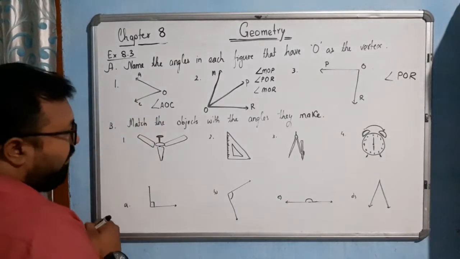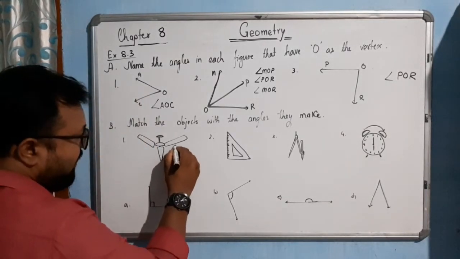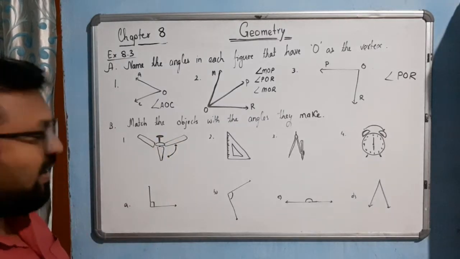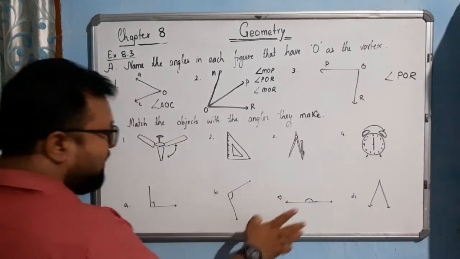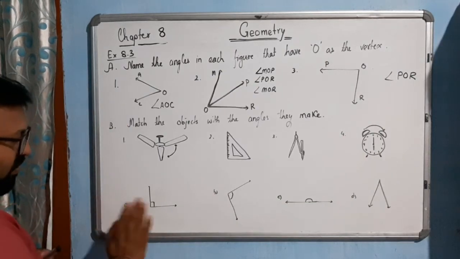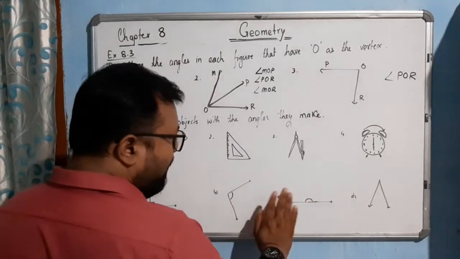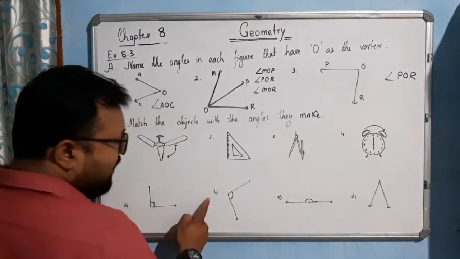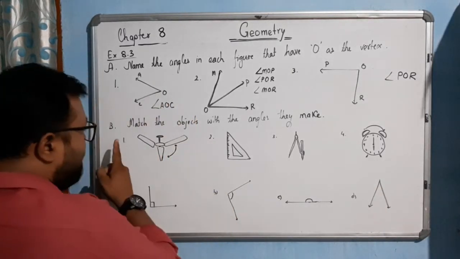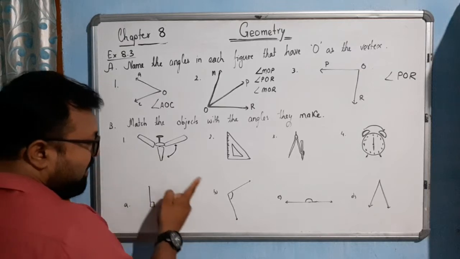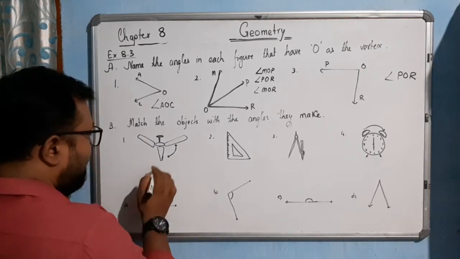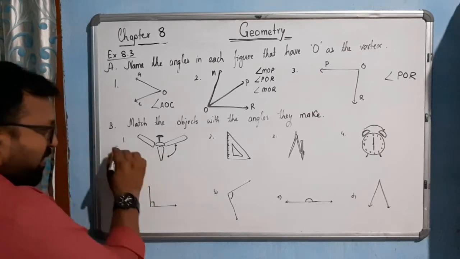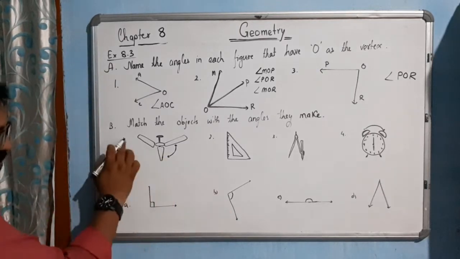The angle between the blades, you can see here, between the blades is more than 90 degrees. So which picture resembles here? 90 degree? No. Straight angle? No. This is less than 90 degree, means acute angle? No. This is more than 90 degrees, means B. So picture 1 resembles this angle. So, or you can say, 1B. Okay, I am writing B here. For 1B I am writing.